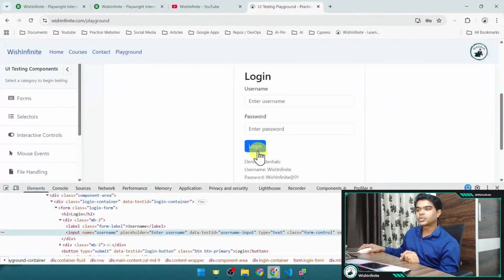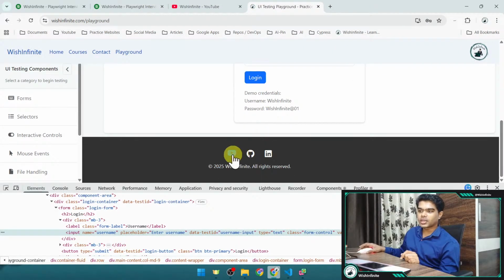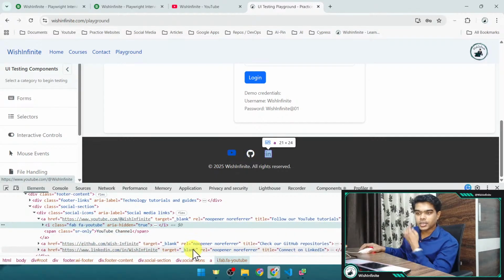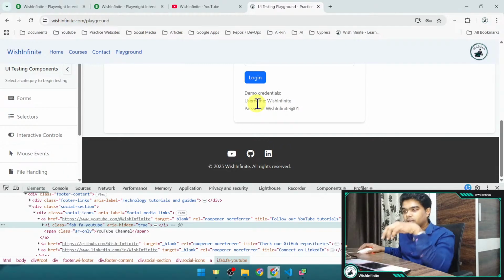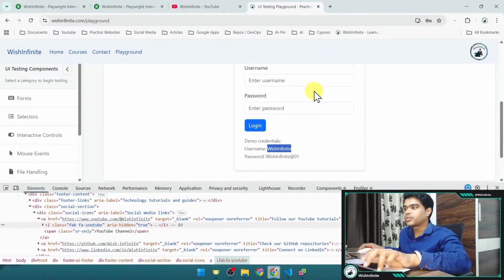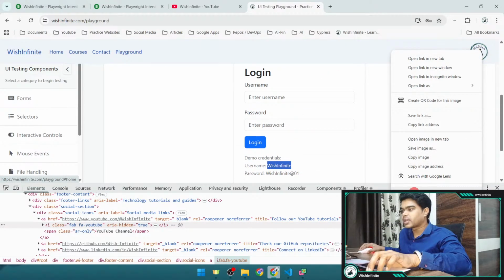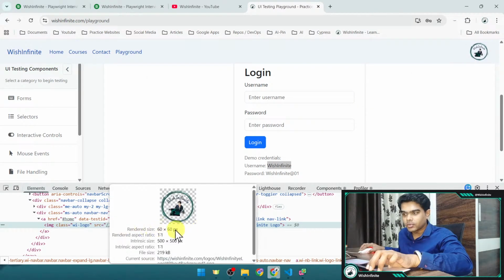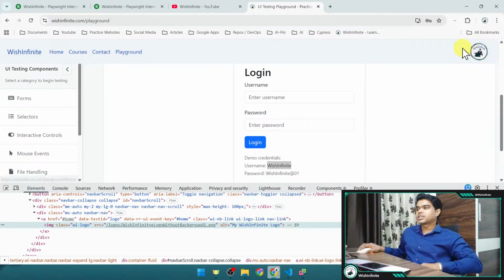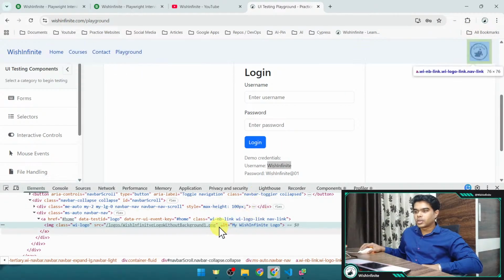Let me check if we have any image which has alt. Okay, let me log in here. We should be able to see whether we have any alt property here. There can be the case that you would not have one. You may see here we have this image, right? WishInfinite logo, and here we have alt as the property, and its value is this one,